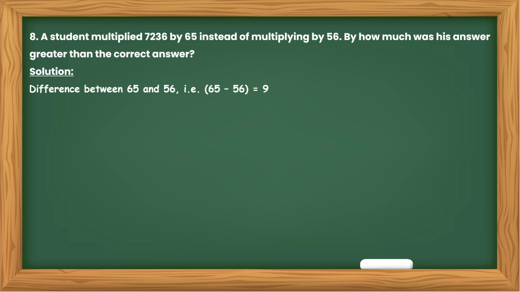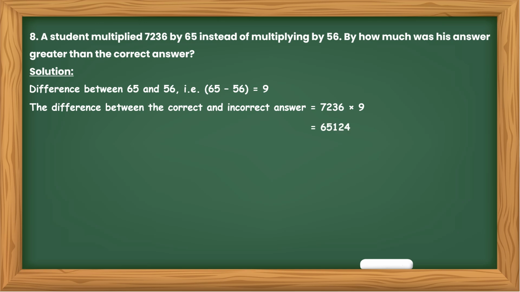So that is what 65 minus 56 is 9. So the difference between the correct and the incorrect answer would be 7,236. That is the correct number. He had also written it correctly. So there will be no change in that. Into 9. The difference between 65 and 56. So that is 65,124. The reason why we are multiplying it this way is